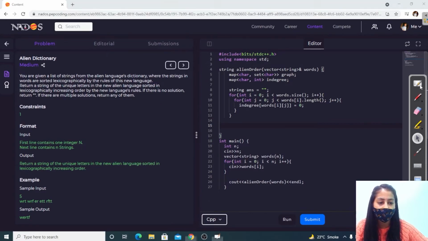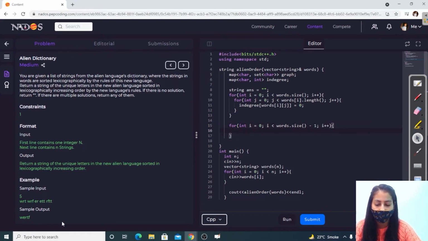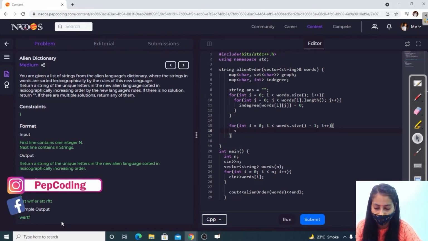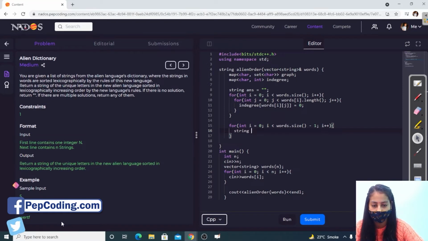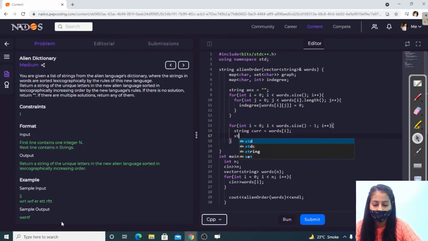What we are doing is taking two adjacent words, right? So let's start a loop. Take two words from this. Let the first word be current and the next word, let's name it next, right?